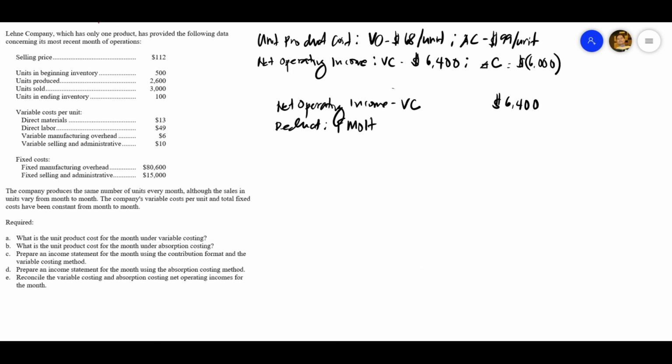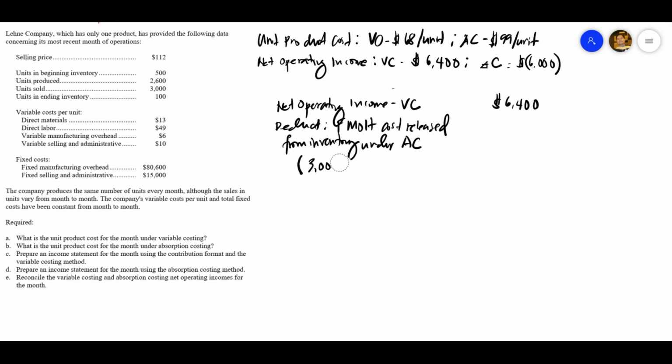The fixed manufacturing overhead cost released from inventory under absorption costing. So how do we compute for that? It is the difference of the units produced and sold, which is 3,000 units